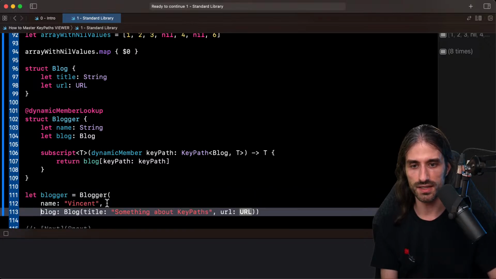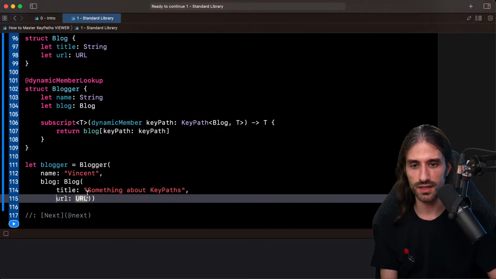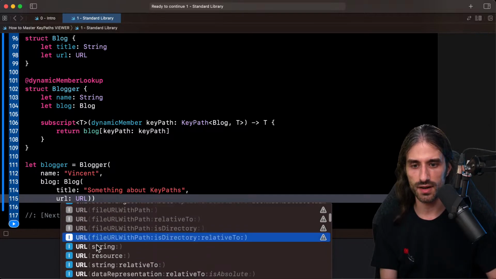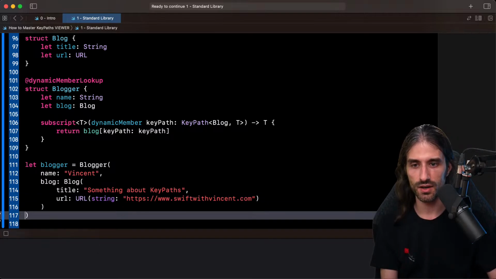So I'm gonna try and make it pretty, something like that. Okay. For the URL, let's do URL from string, like this one, and I'm gonna put my website, vincent.com, something like that. Okay.